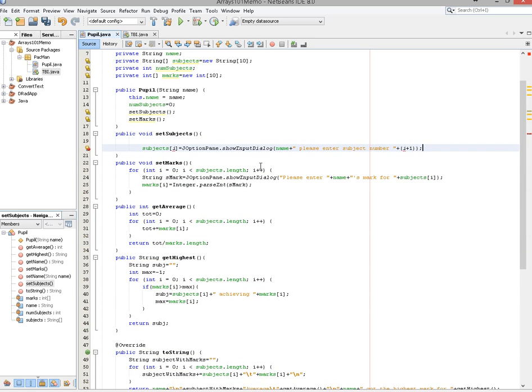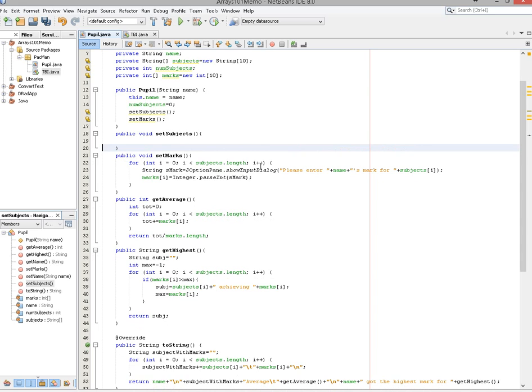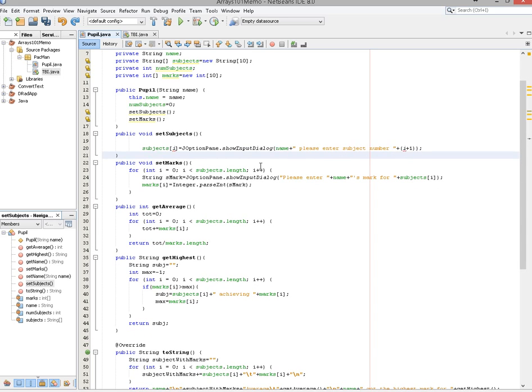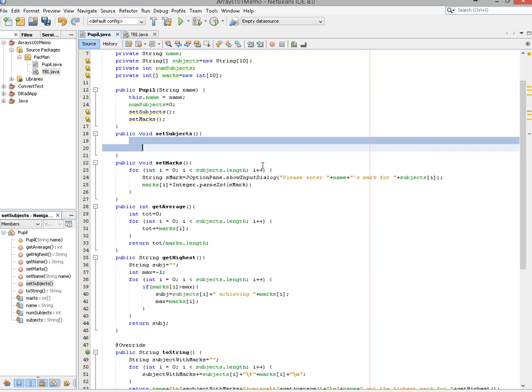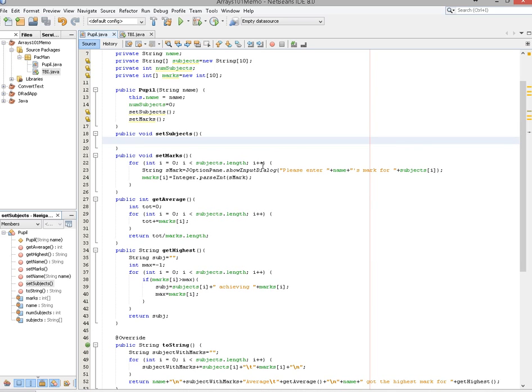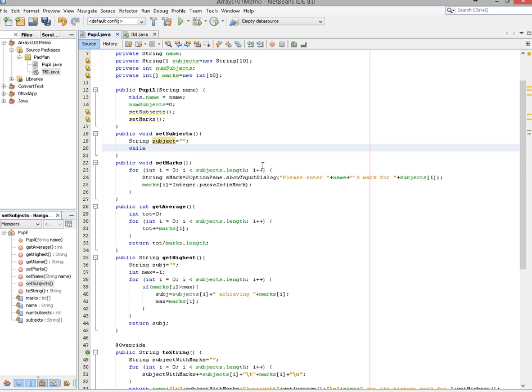We're no longer going to be able to use the same item. So now, I'm going to create a string, and I'm going to call it subject. Now, subject is the current subject that the user is entering. And I'm going to make it equal to blank. And I'm going to say while subject,